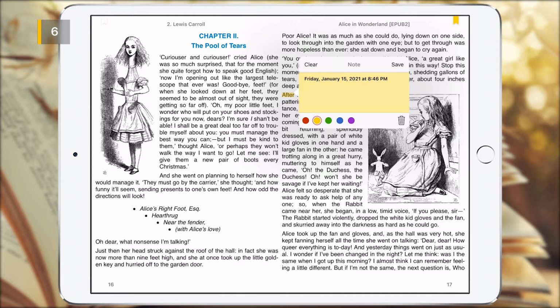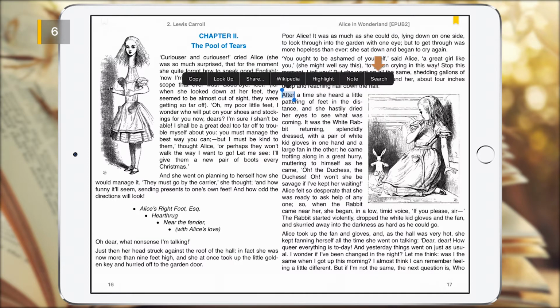In the dialog that is associated with the options highlight and note, the following actions are available. You can delete a highlight or note by tapping on the delete button. You can change the color of these items. You can edit the contents of the note field or clear it. To cancel all changes, tap outside the dialog. To save all changes, tap the Save button.